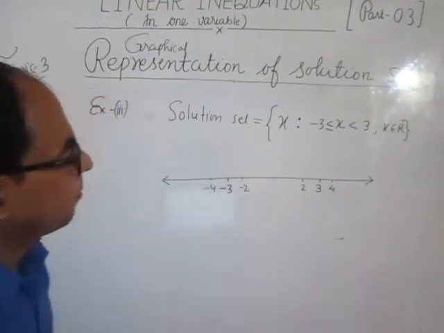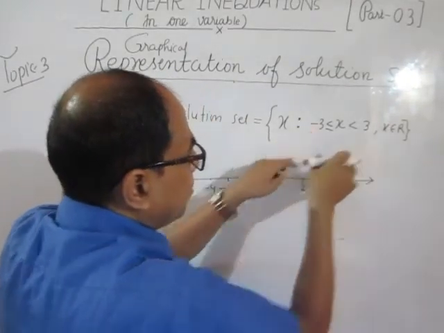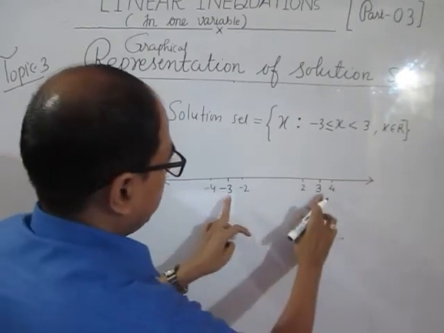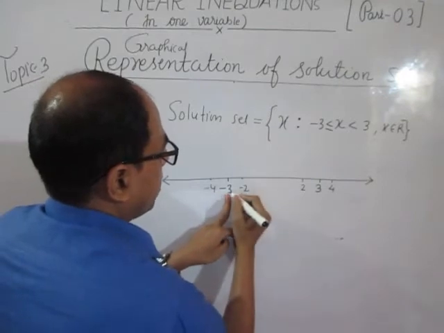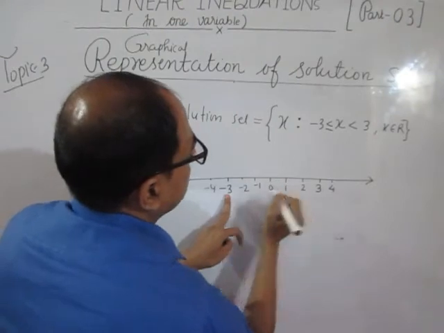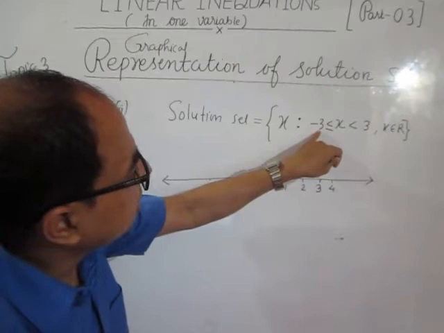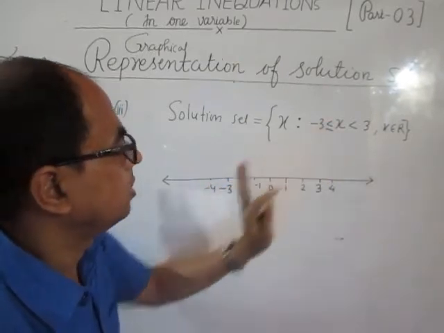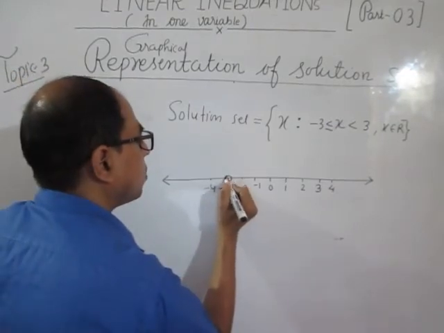That you are knowing. Now if two end points are given, then you have to write all the integers between these two end points. So you will write all the integers between these 2 points, -3 and 3. So -3, -2, then you will write here -1, then 0 and then 1. Now after that, this -3 is included, so it is a closed point. -3 is included in the solution, so it is a closed point. So for closed point, draw here solid ring.